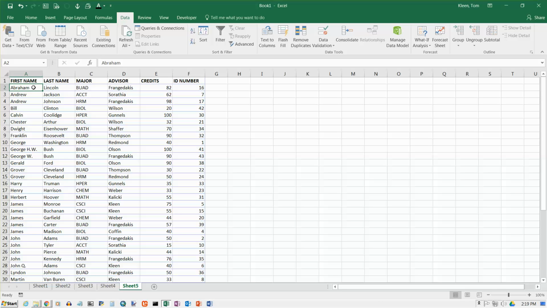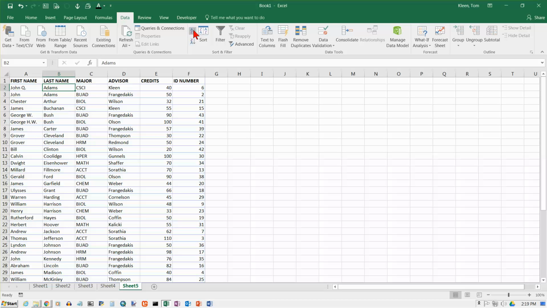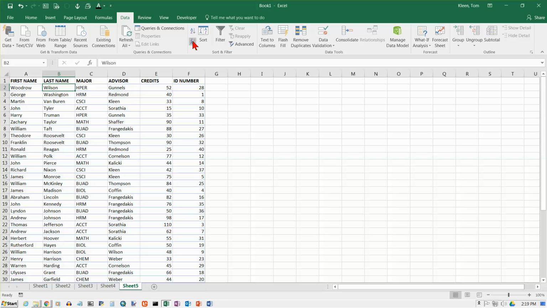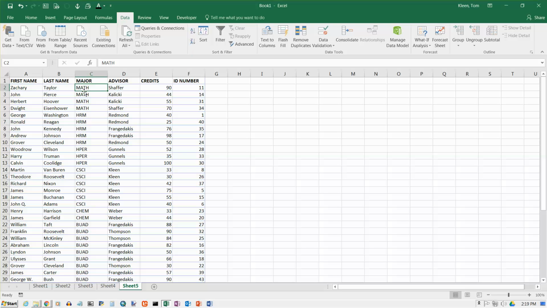You can also do a reverse sort. I'm going to leave the cursor in column A, and now Zachary's at the top, and Abe got moved down to the bottom. If you want to sort on the last name column, put the cursor any place in the last name column, do an A to Z sort, and now we've got our students ordered by last name, and we can put them in reverse order by last name by clicking on Z to A. We can do the same thing with major, A to Z, accounting majors at the top, and math majors at the bottom. Do a Z to A, and now the math majors are at the top, and the accounting majors are at the bottom. If we go to the advisor column and do an A to Z sort,